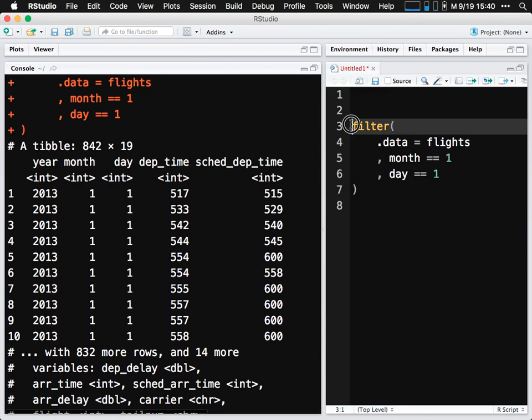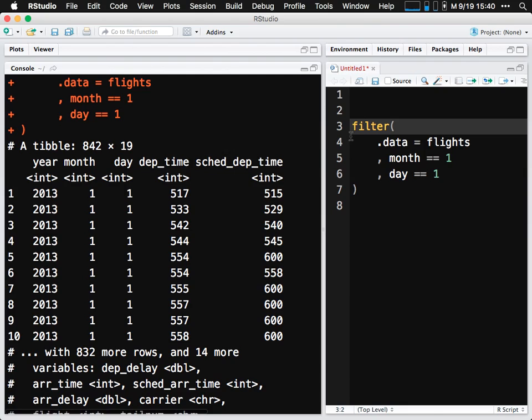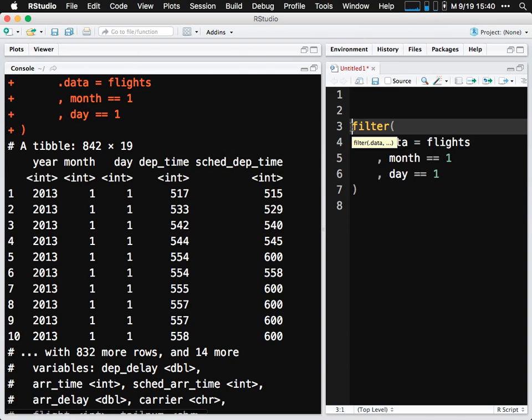Now, so far we've just been doing the filter without assigning the result of this function into anything. So again, the default in R is that when you run a function, it has a result, and you're not assigning that result into anything, it will by default just print it to the screen. If instead we say, call it flights2,